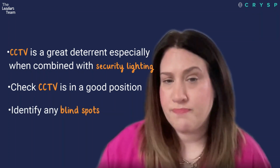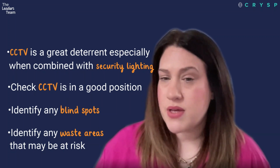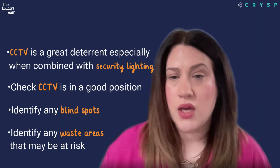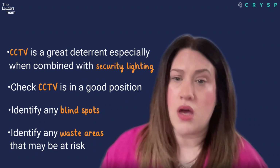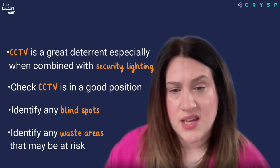If you've identified any blind spots around your school, and also, quite randomly, any waste areas as well, because waste bins can be used in arson. They used to be pushed up against a building and set on fire. So that's another good area to put CCTV coverage. You also want them in a position where they can't be tampered with if anybody wants to try and come onto the premises. And once the CCTV is fitted, you also need to have signage on your building as